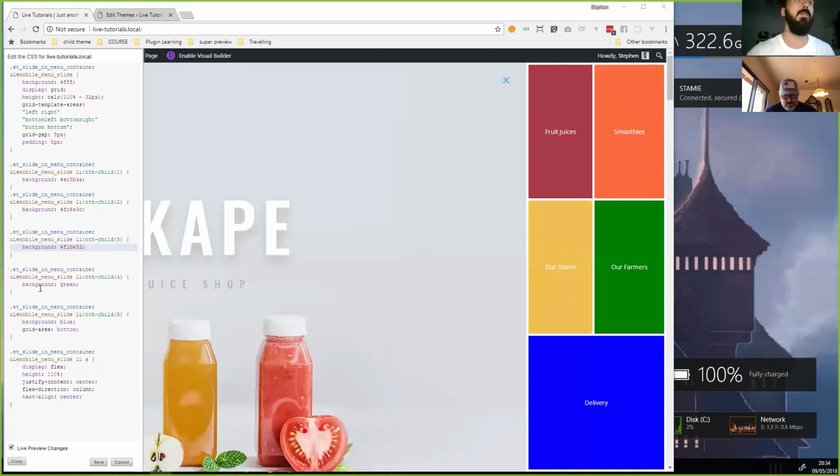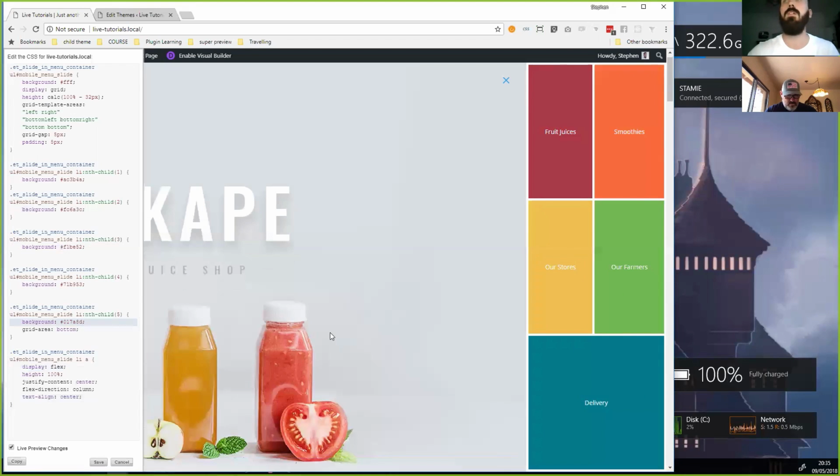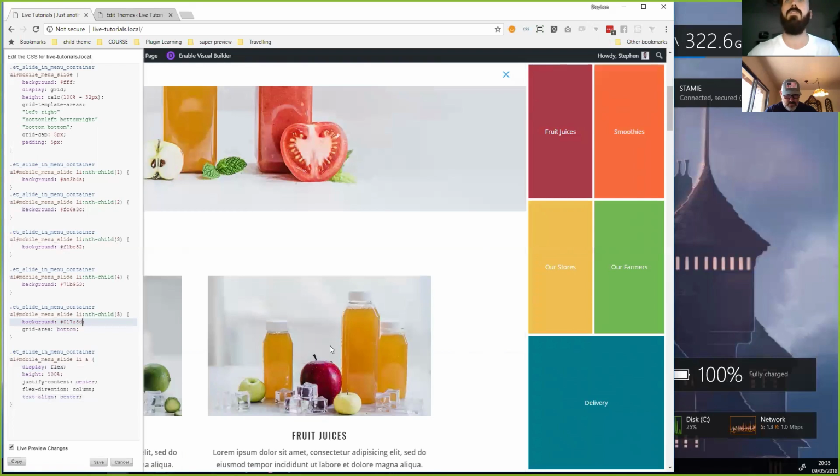And we've used colors as the background here. You could just as easily use background images if you wanted to. So you could have a different image on here. So where's that blue? Let's just do that to show you. Let's use the background of delivery. Let's use a link to an image. So if we use this one,